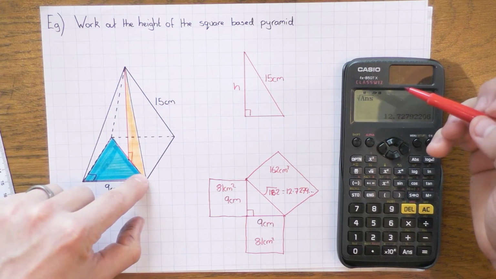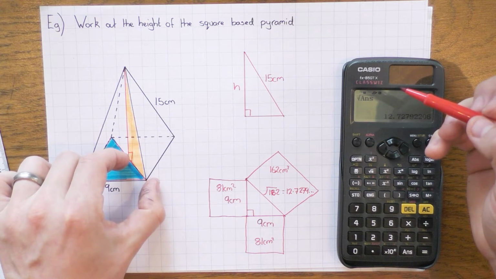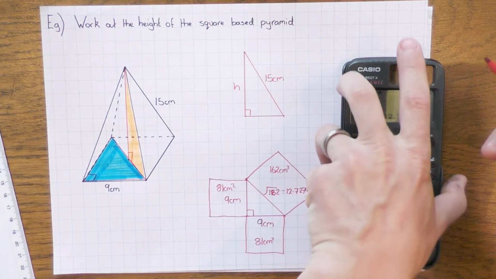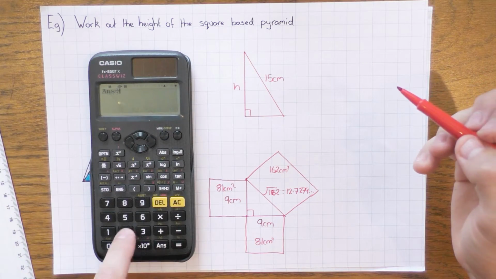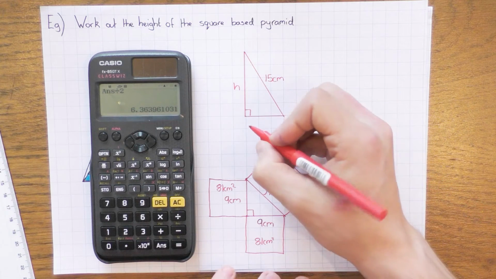I don't want that whole length, I just wanted half of it, which would be the bottom of my triangle here. So what I'm going to do is divide that by 2,